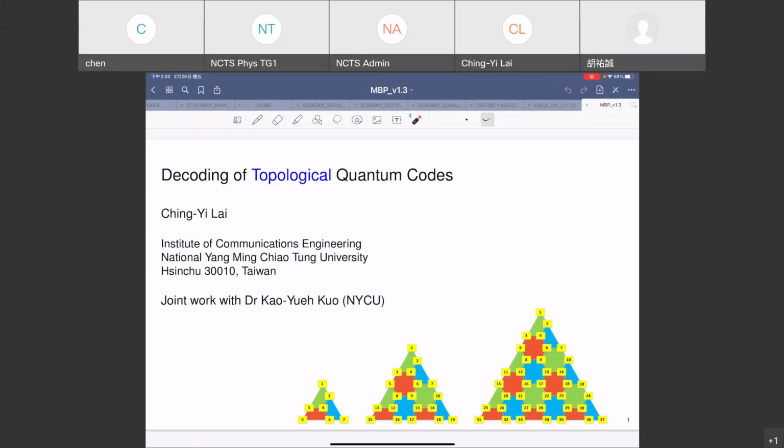Today I'm going to talk about decoding of topological quantum codes. So in a quantum computer, we usually have very noisy quantum states and noisy quantum operations. So to protect this quantum